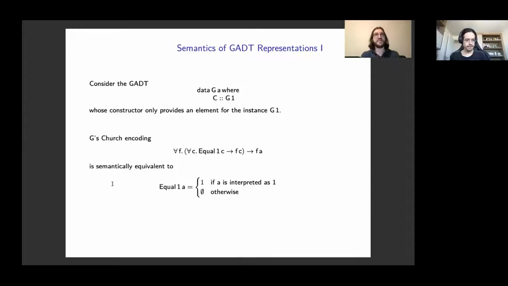Then, a semantic computation shows that the Church encoding for this type is semantically equivalent to the equality of its type argument with 1. That is, G is interpreted as the singleton set when its type argument is interpreted as the singleton, and it is interpreted as the empty set otherwise.